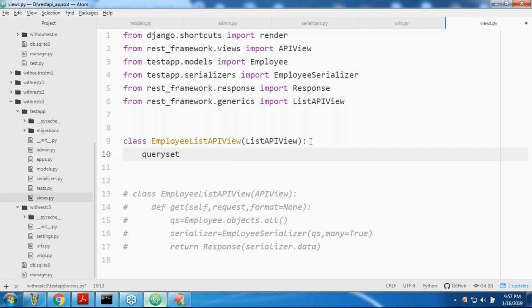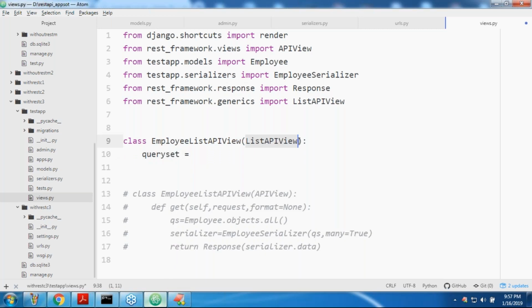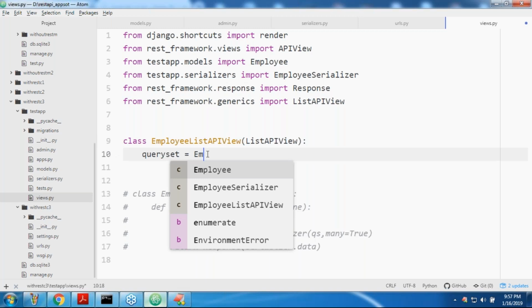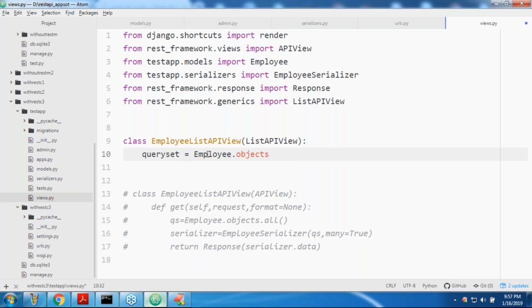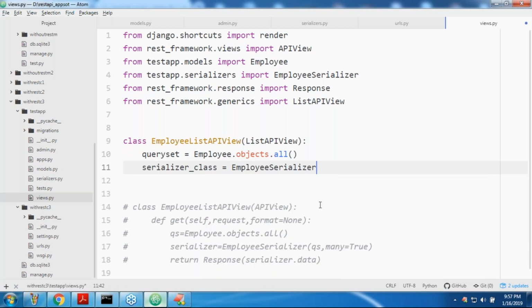What is our queryset? Employee.objects.all(). What is your serializer class? The serializer class name is EmployeeSerializer. That's all.